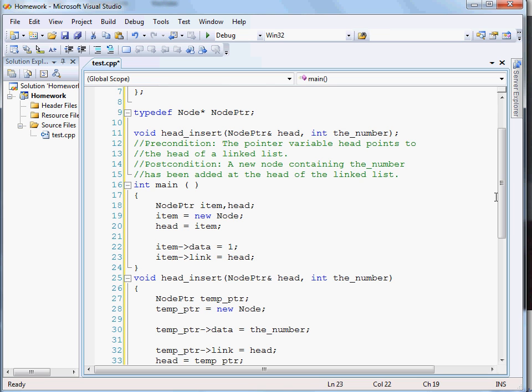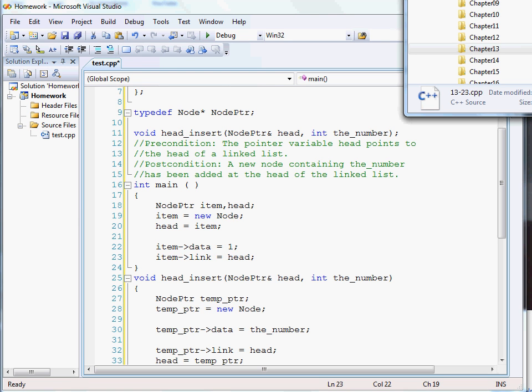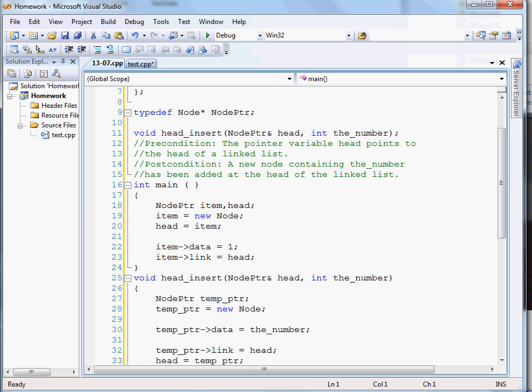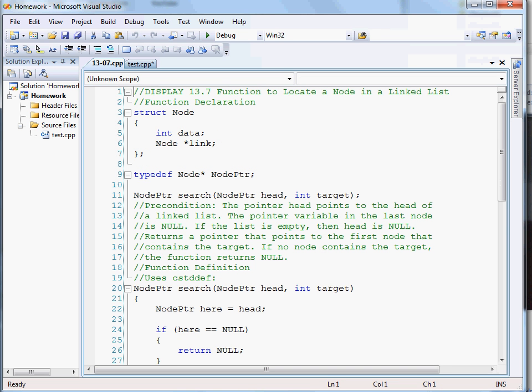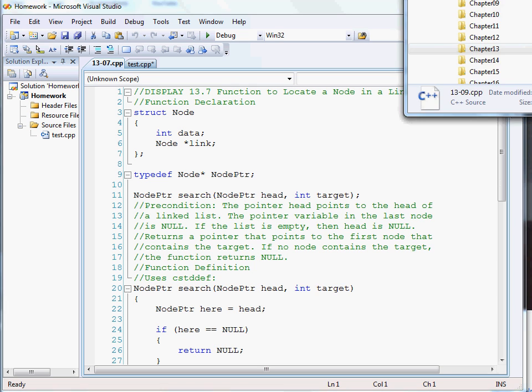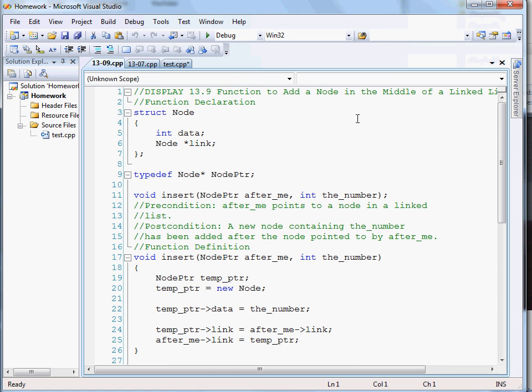So we could make that its own function. Basically we'd take the current item and add a new item after it. We had some code to do that. Do you remember what that code was in? Here's a code to locate a node. Here's a code to add a node in the middle of a linked list, the insert code. So basically we could just copy this insert code